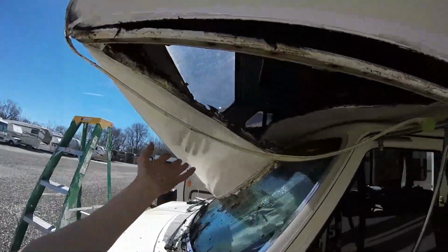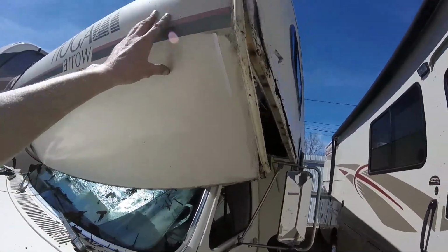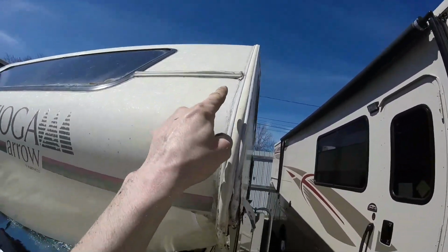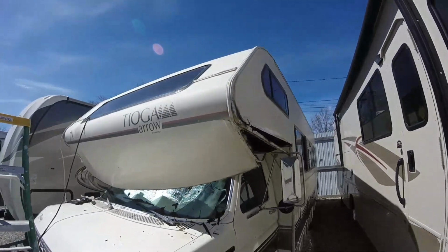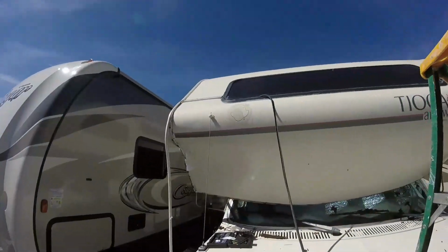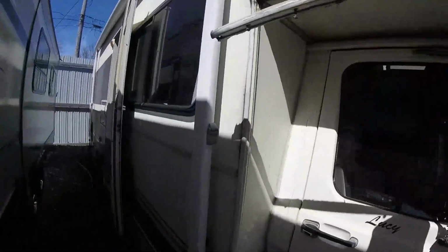Actually, this fiberglass board is held on by the trim, and I'm going to take this sheet off completely by taking loose this strip of trim on each side that's holding it. Take this off all the way to the top so it can be cleaned and then put back on correctly and sealed from the inside, so we don't have that band-aid look going down the side with caulk built up. Water can do a serious amount of damage to everything, wood and steel